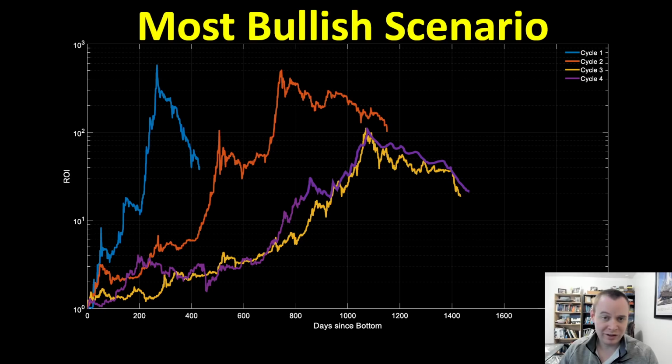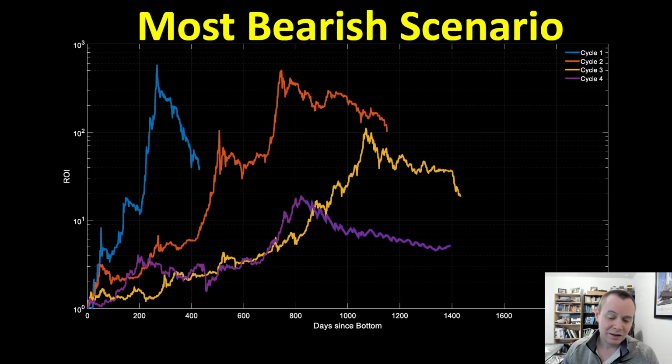The most bullish would be what a lot of people are calling for, maybe a $300,000 Bitcoin by the end of the year. I think this is a little bit too optimistic just because of the amount of capital that's needed to sustain that. This would be a more bearish scenario where we're saying, okay, the cycle's over, go home, we'll pick back up later on. I don't really think that's going to happen either.